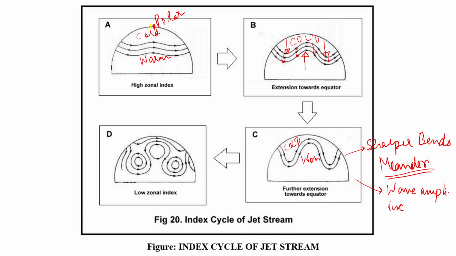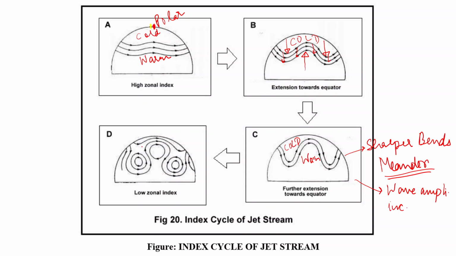This is only because of the extreme meandering shape. And the jet stream is positioned near the equator, and the exchange of tropical and polar air masses takes place on a much larger scale. And the last part of this last stage of index is that these giant meanders, sometimes